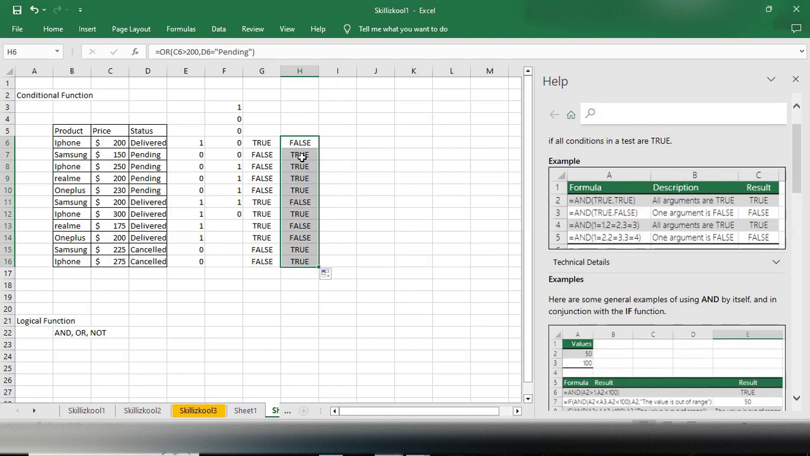So we can see that this is true. Why is this true? Because Samsung is the phone which has a price greater than 200, and as we have used the OR function, it is in pending status. If it is in delivered status, still it will give the value true because it checks any one of the logical tests. Likewise, here true because Realme, iPhone as well, the price of the iPhone is greater than 200 or the status is pending. Here as well, Realme,